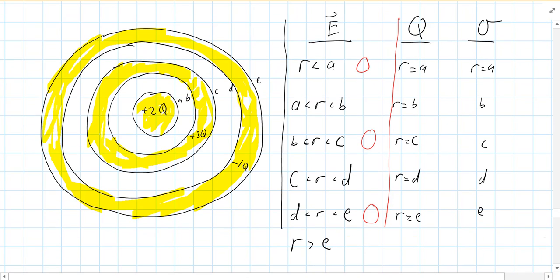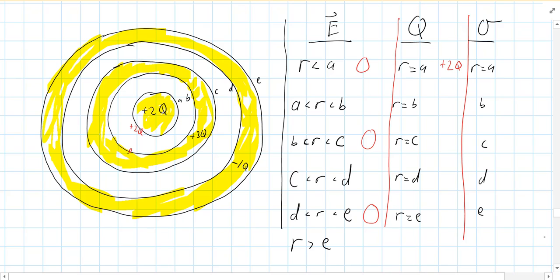Okay. Now, what about the other places? Well, here's where I'm going to figure out the charge in different spots. For our first part, within the solid metal ball in the center, there's no charge because the field in there is zero. So all this positive 2Q has to go to the outer edge of that ball. Okay, now for this 3Q, how much charge has to be on the inner surface at B,